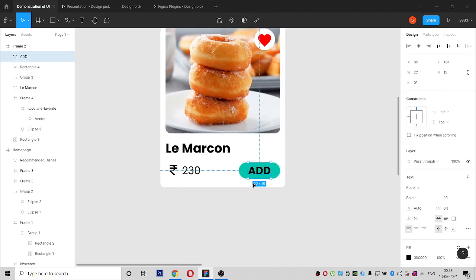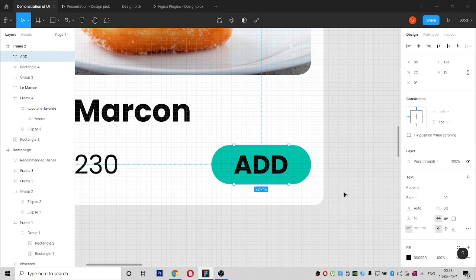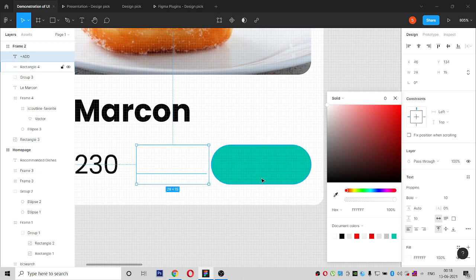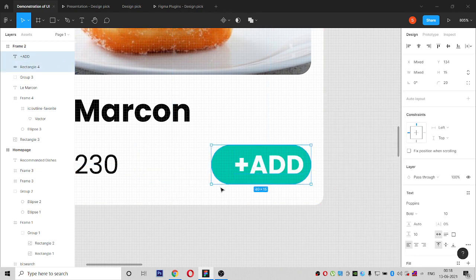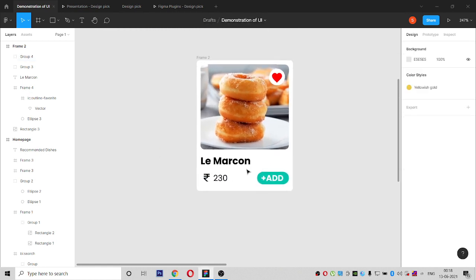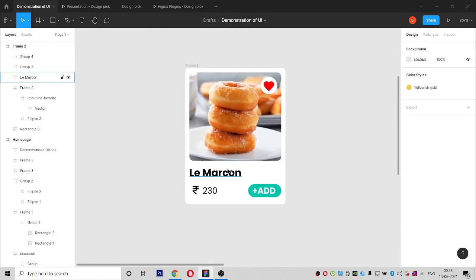Here this black is not looking good. We can do it as white. We have to group, right? So the product card display has been successfully done.